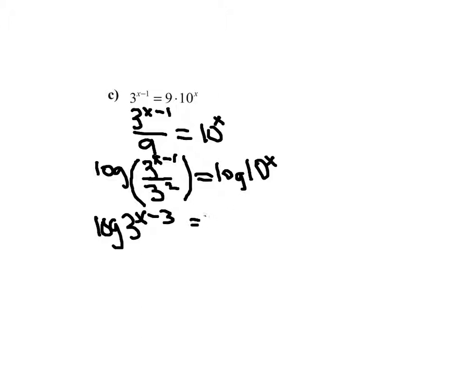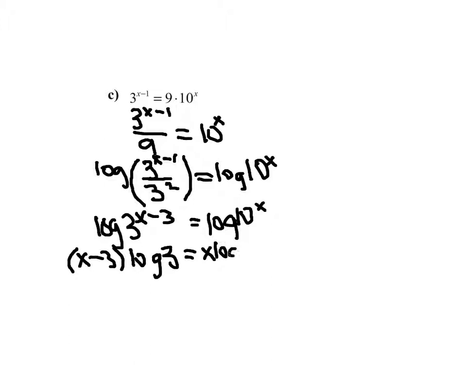Equals log 10 to the power of x. So now we can roll down both of those exponents. So x minus 3. We have to put this in brackets because it applies to the whole log. So equals, times log 3 equals x log 10. So now if we multiply this in, it's going to be x log 3 minus 3 log 3